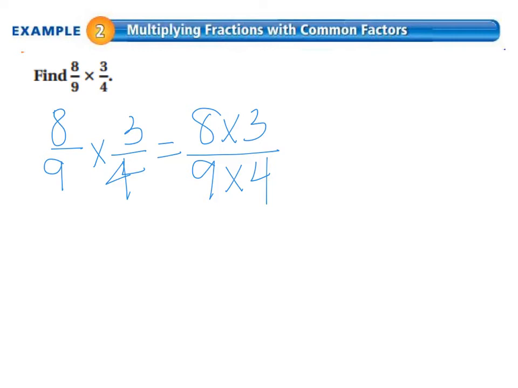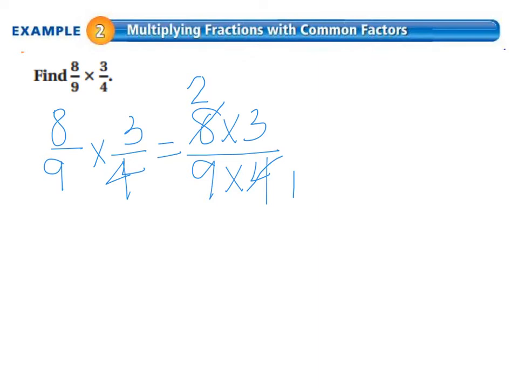we multiply. In looking at my numerator numbers and my denominator numbers, I see that I have a 4 and an 8, and I know that 4 is a factor of 8. 4 goes into 4 one time, and 4 goes into 8 two times, so I can divide that out. Since I'm dividing both the numerator and denominator by 4, that's the same as dividing it by 1, which doesn't